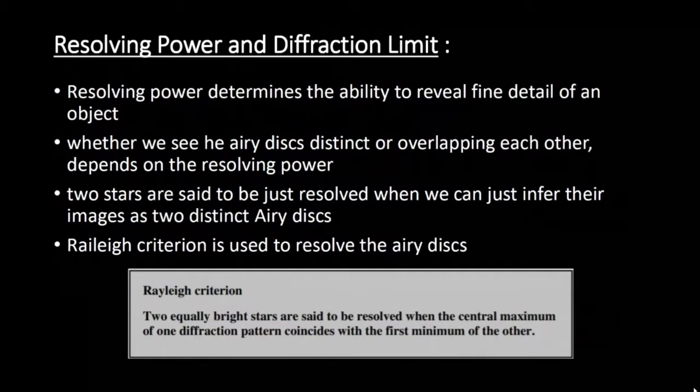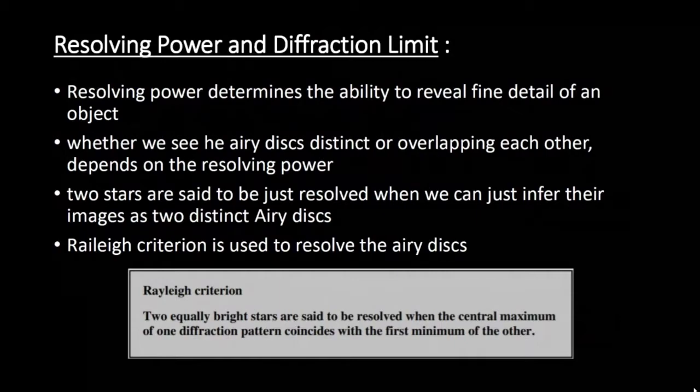We might have observed that the point image will not be sharp, and the blurry thing that we get is called the Airy disk. The disk is surrounded by a number of alternate bright and dark fringes which are produced due to a phenomenon called diffraction, which we know from optics.